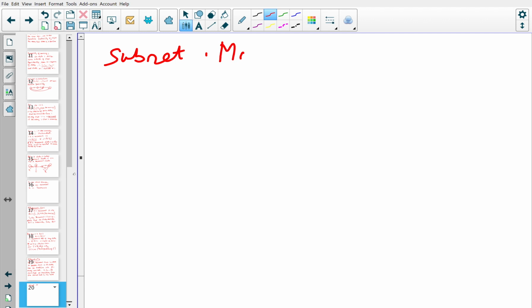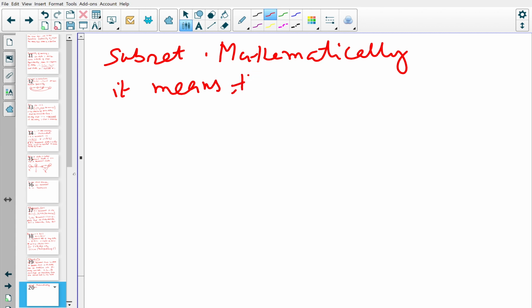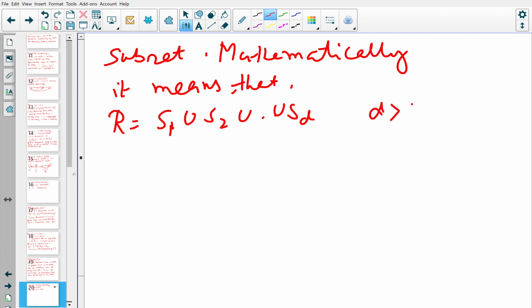So mathematically, first of all, you can write the recurrent class R as S1 union S2 union up to SD, with d greater than 1, and for K equal to 1 to D minus 1,